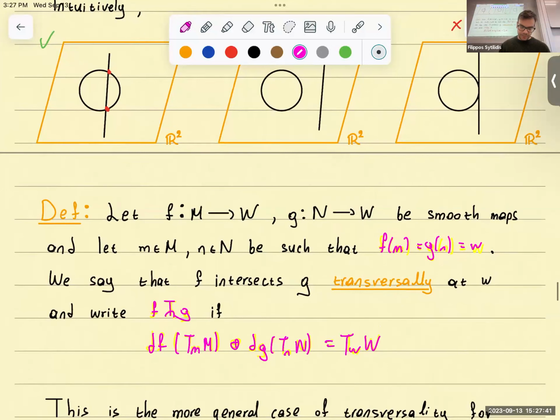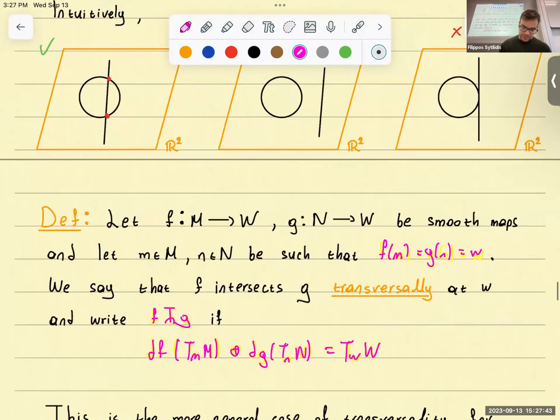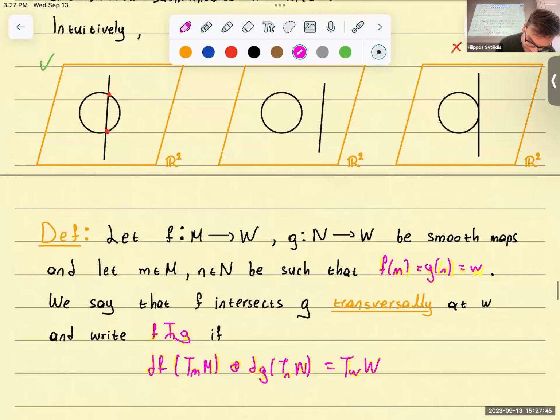You can maybe see in those pictures, if you take the direct sum of those two vectors, they're going to give you the entire tangent space of R2 at this red point. But the same doesn't hold true here because